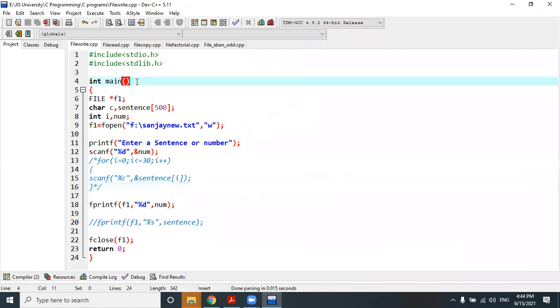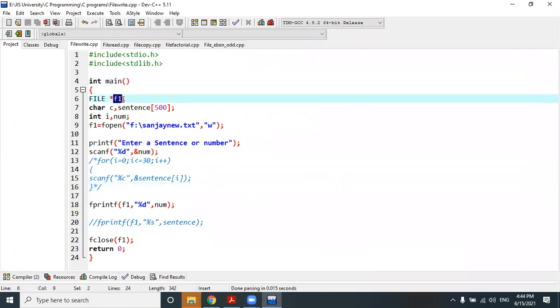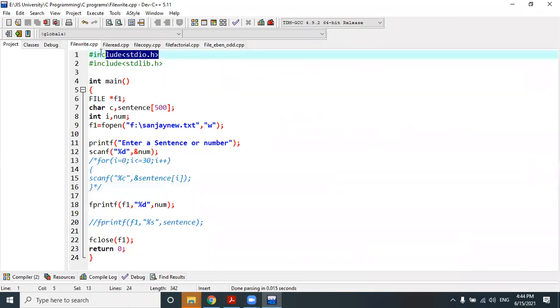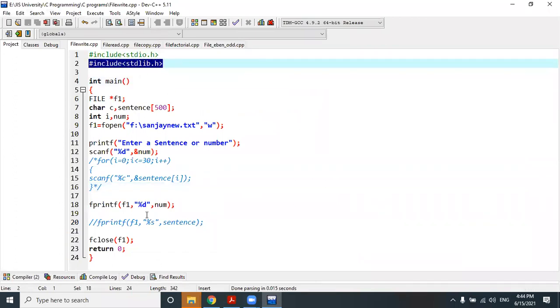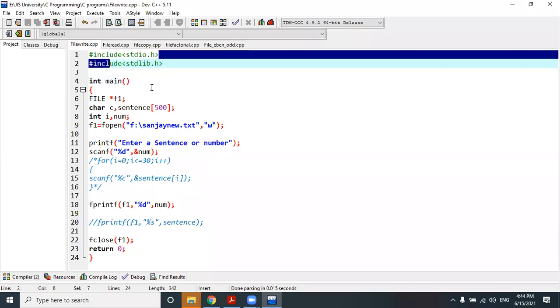So within the main method, I have defined the file pointer f1. File pointer is a pointer variable which is supported by the FILE structure. It's a part of this stdio.h header file. This std I have used, if I am going to use any special string function here, then I can use the std. It has been written. I'm not going to delete it. You may delete it. It is optional here, right?